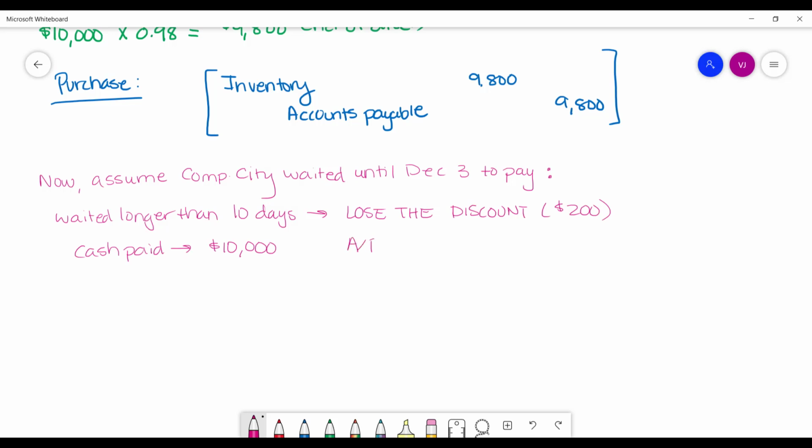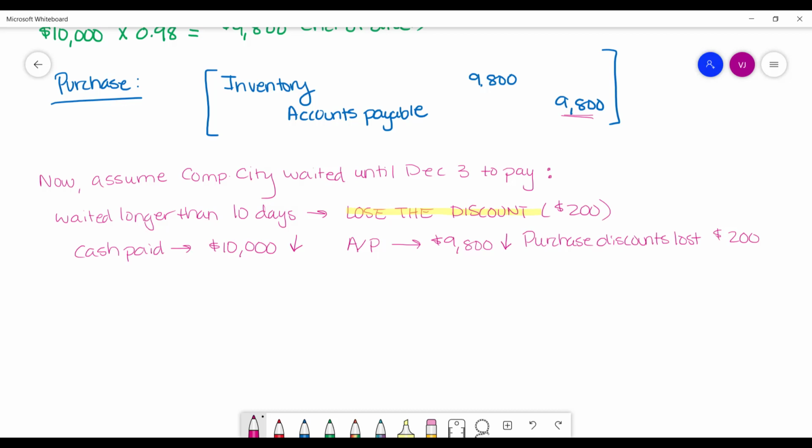But how much did you record your accounts payable for? Record the accounts payable for $9,800. Those don't match up. So where is that $200 going to go? Because we can't change the accounts payable. It's already on the books for $9,800. Well, we said we lost the discount in this case, because we thought we would take it. We anticipated we'll take it, but we lost the discount. So there's this new account that we're learning about now called purchase discounts lost that needs to have $200 added to it. So your cash is going down by 10,000. Your accounts payable is going down by $9,800.